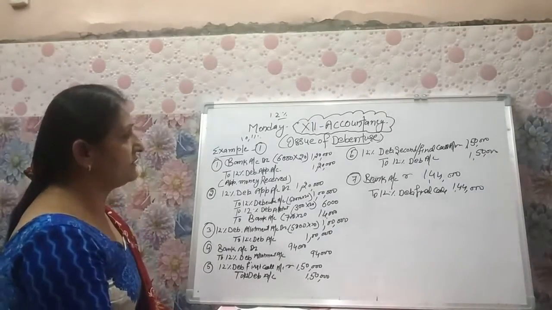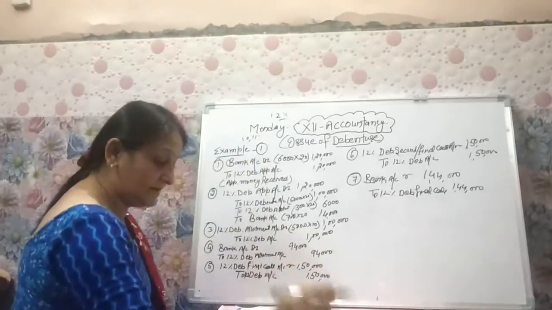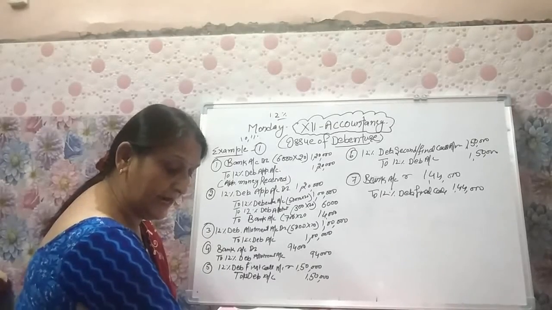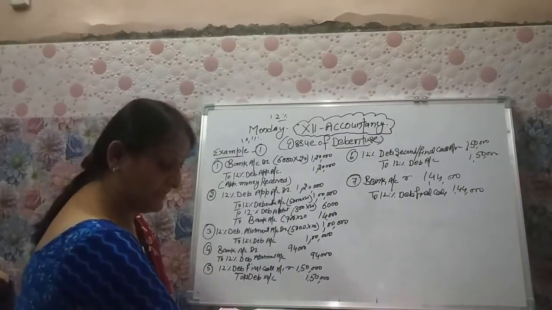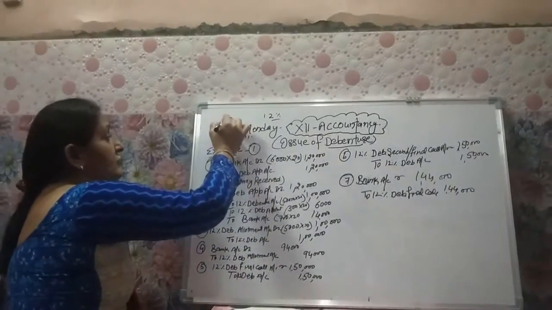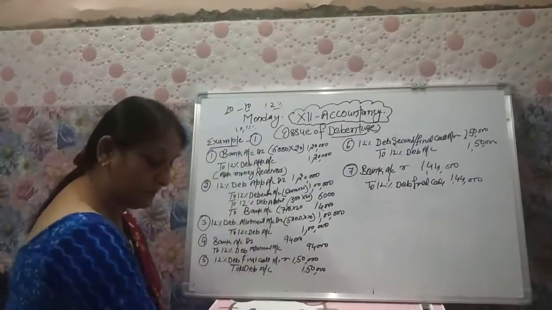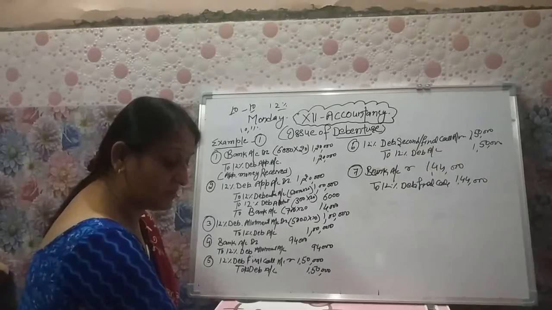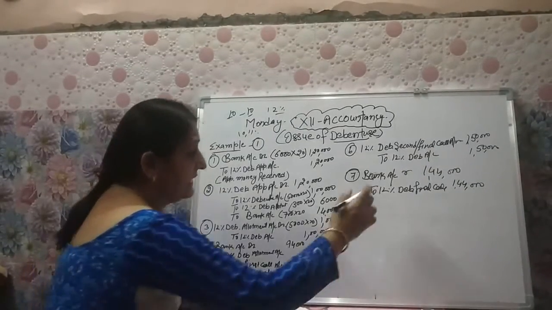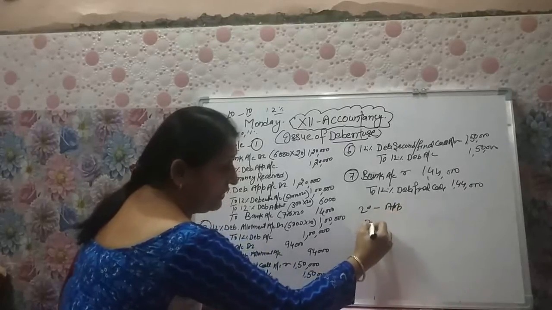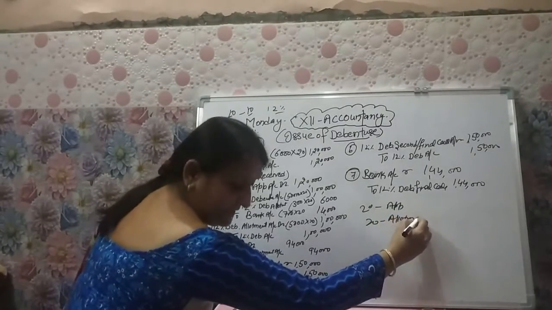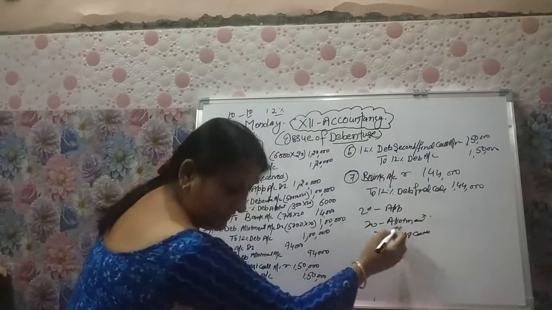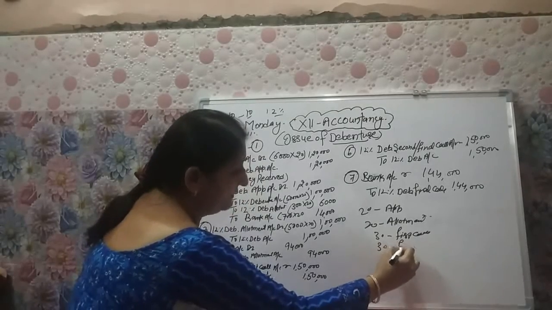So here is the accounting treatment of debenture, and in example number 1, the statement is Govind Limited issued 5,000 12% debentures of 100 each at par. So our topic is issue of debenture at par. It means when the face value of the debenture is rupees 100 and it is also issued at rupees 100, this concept will be known as the issue of debenture at par. Govind Limited issued 5,000 debentures of 100 each: 20 on application, 20 on allotment, 30 on first call and rupees 30 on final call.